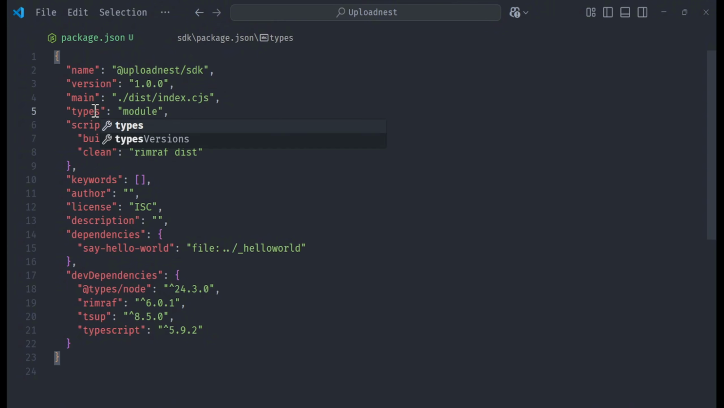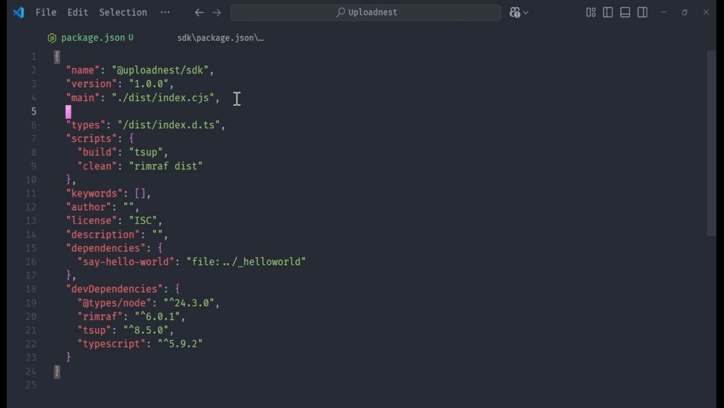I'm going to change this to types. Then I'm going to say dist/index.d.ts. And then for the module, we're going to say ./dist/index.mjs, like this. And then we are going to also define the author. I'm just going to say Tech with Ima, and then let me use Apache 2.0 or MIT,